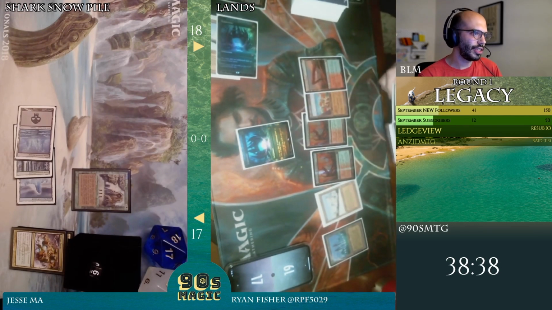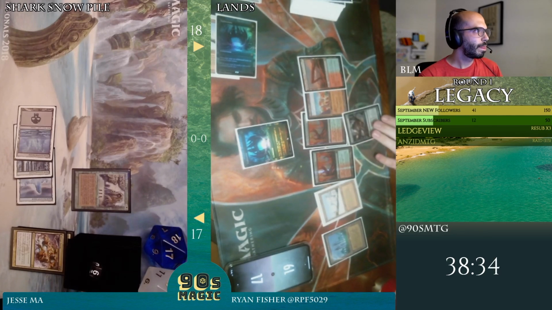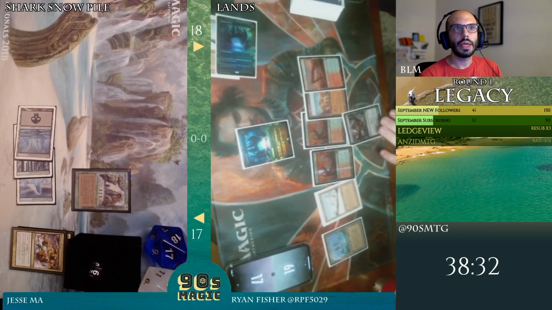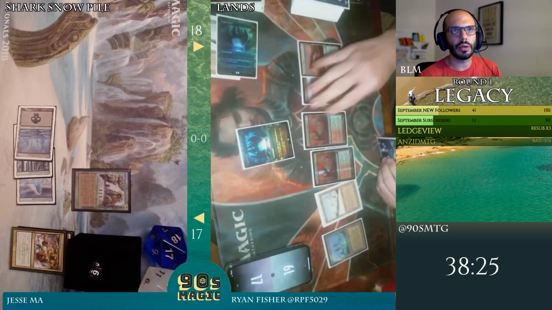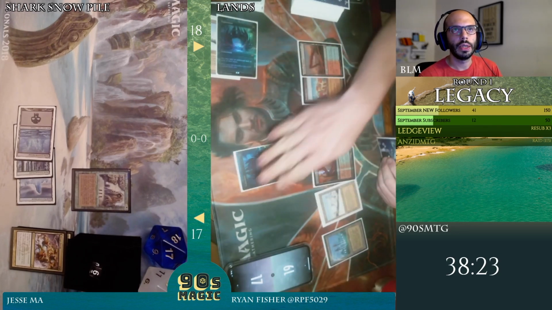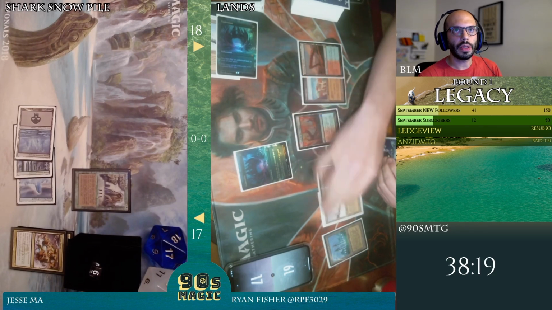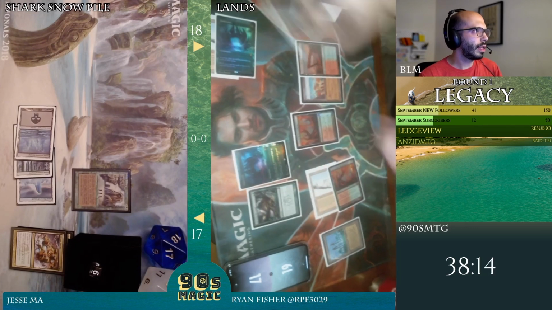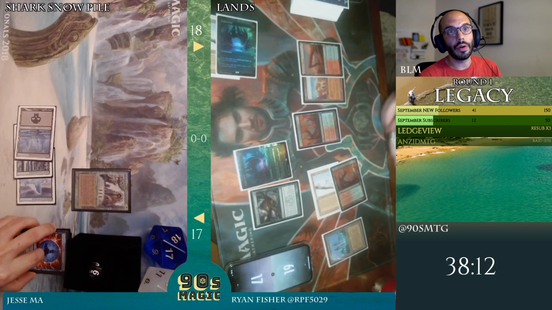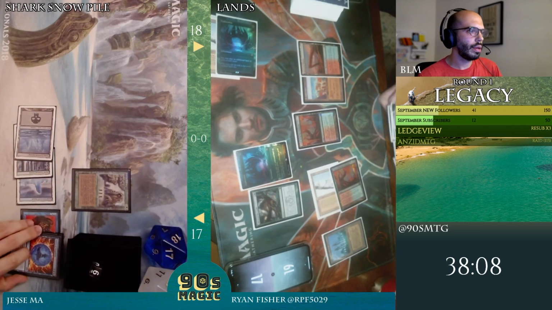Jason saw our back-end chat and realized he didn't have the stream on. Welcome, Jason. All right. Loam cast, dredged here. I didn't see what was dredged. Okay, so Misty Rainforest it looked like, and another maybe Wooded Foothills. So Loam in hand. I don't think there's a Punishing Fire in the yard yet. Abrupt Decay took out the Valakut Exploration, leaving another Exploration and a Taiga in exile. I believe you can play...